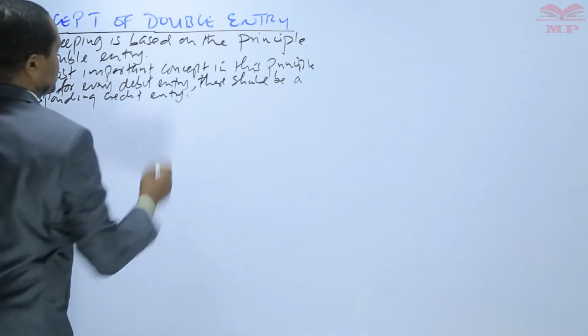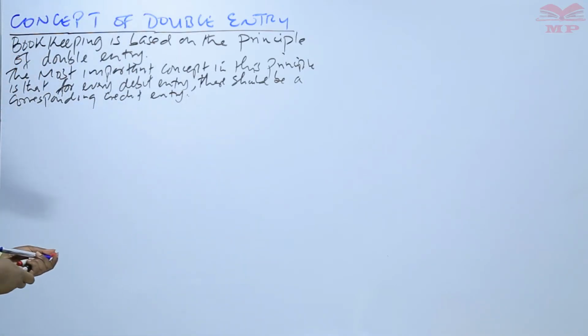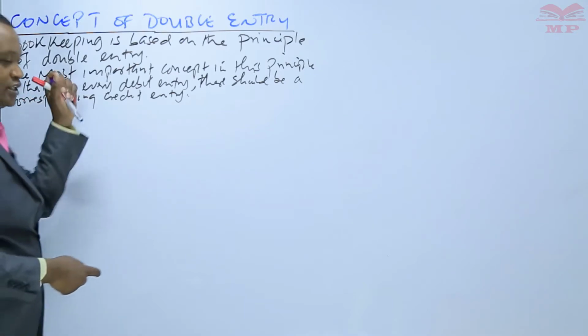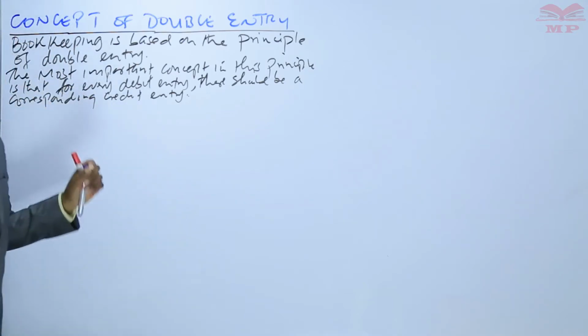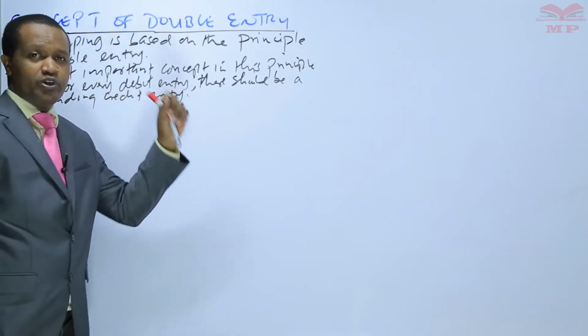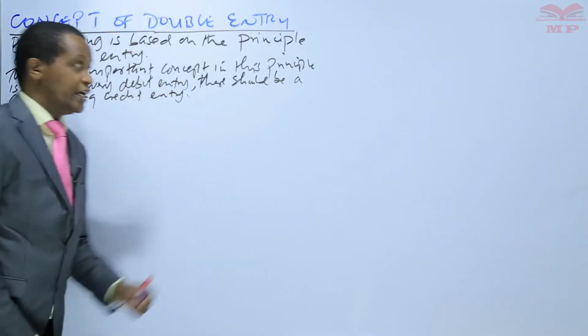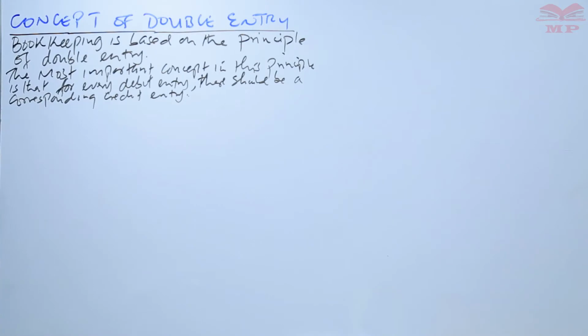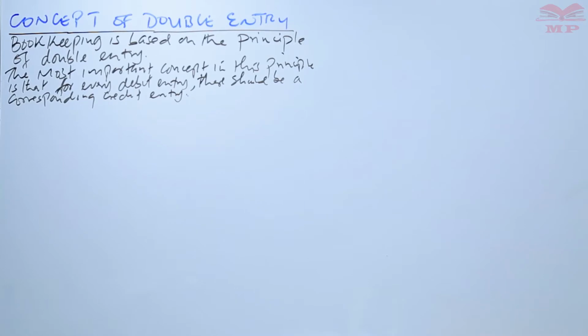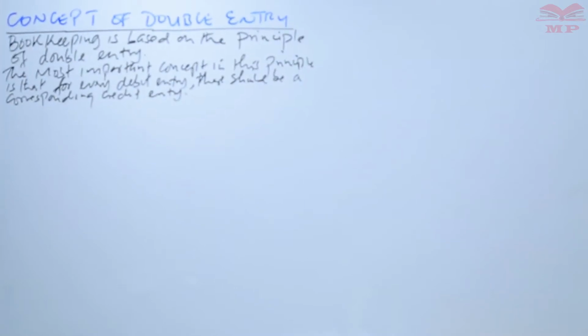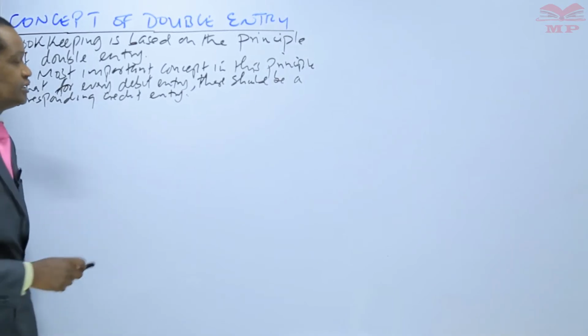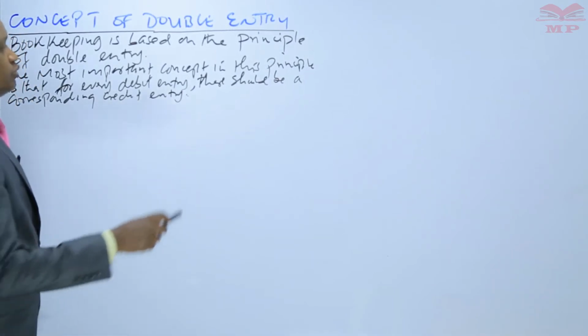So this is the double entry concept. It says that for every debit entry made in an account, there has to be a corresponding credit entry made in a different account. And that would mean that for every transaction there is an account to be debited and an account to be credited,